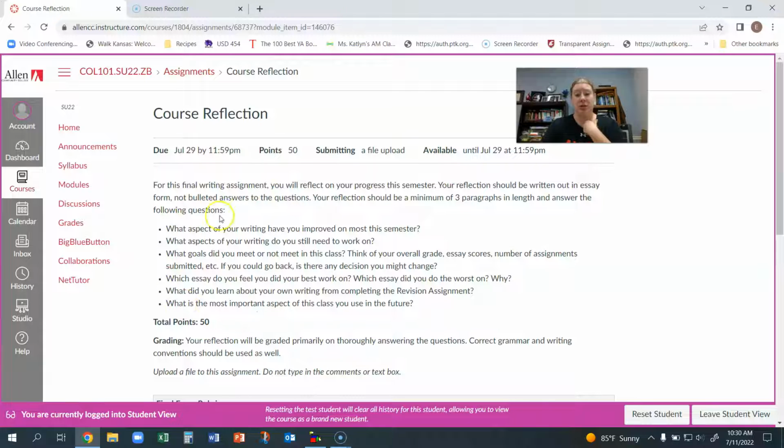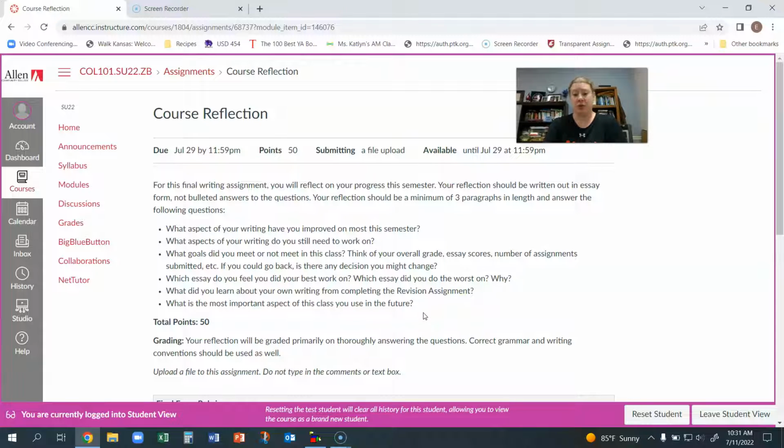And that means that you can answer the questions in any order. Most students kind of group them together and have a little bit of an intro. You don't necessarily need a thesis, but a lot of times students will come up with their overall feelings about the course as their thesis, their controlling idea, and then they move through the questions and group them together in paragraphs as to their answers. And then the conclusion goes with this last one, which is looking into the future on what are the important things that you'll take away from this class.